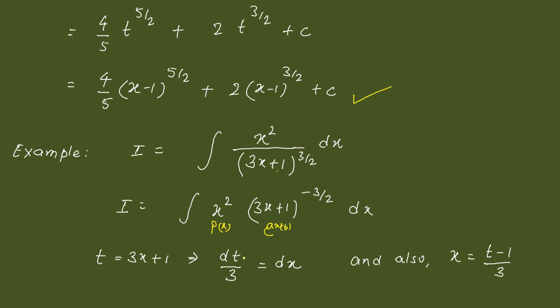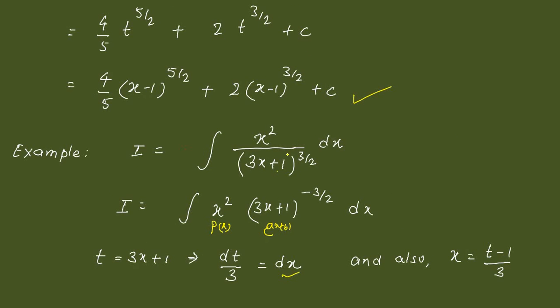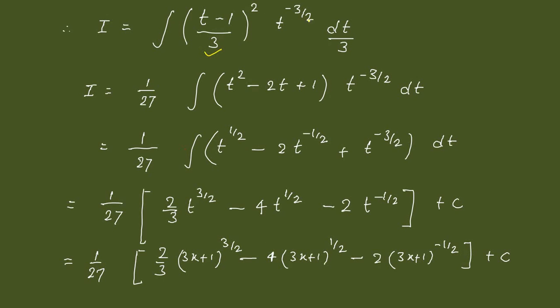So t is 3x plus 1, so dt by 3 will be dx now, and also x is t minus 1 by 3. So this x square should be replaced with t minus 1 by 3 the whole square, and the linear part 3x plus 1 should be replaced with t, and the dx should be replaced with dt by 3. Of course, after simple manipulation, we will get 1 by 27 as the constant, which can be taken out, and the t minus 1 the whole square should be expanded with the help of identity to get t square minus 2t plus 1, and this t to the power negative 3 by 2 can be now